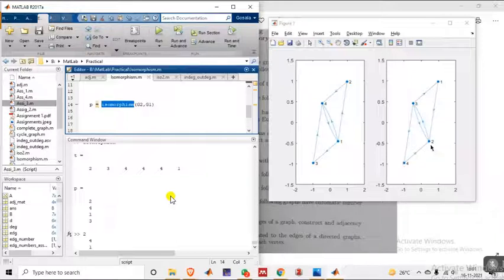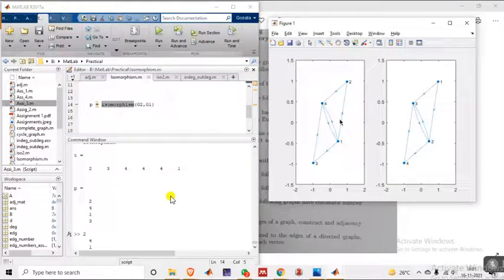Yes, sir. Sorry, it's 2, 3, 4. So it is starting from 2, you are going to 3, you are going to 4, and from 4 again it is going to 1. So whatever the circuit which is formed between 1, 4 and 2 in this graph is similar to the circuit which is formed between 2, 3 and 4 in the second graph.